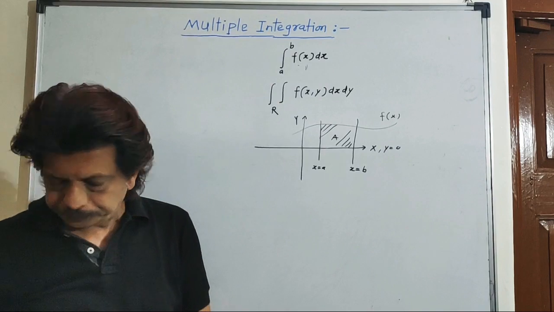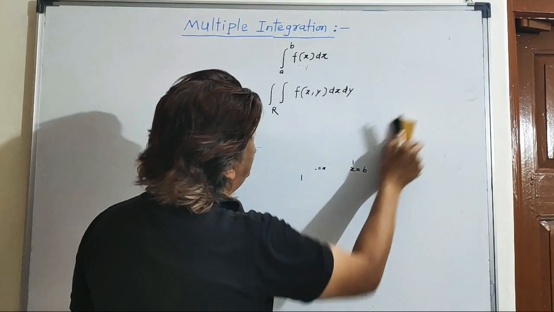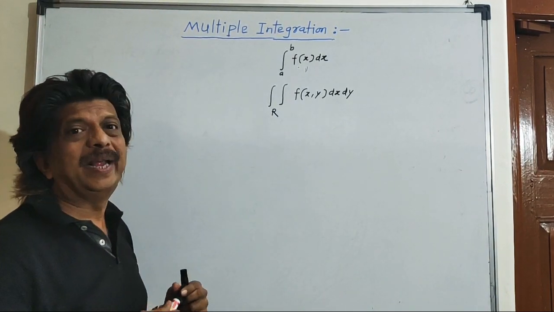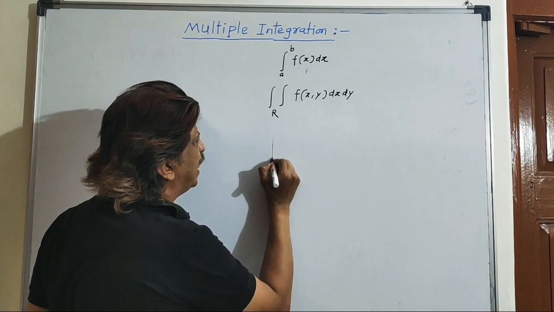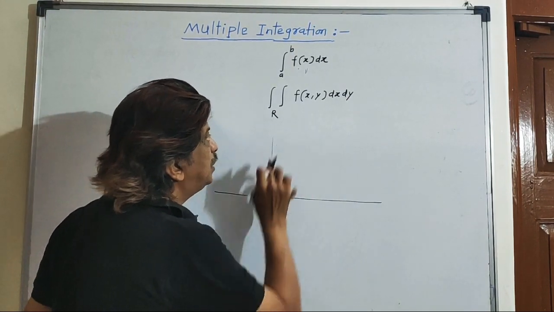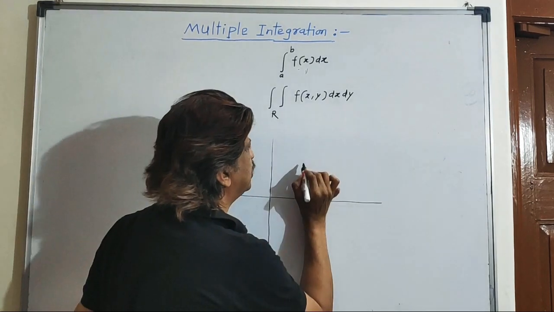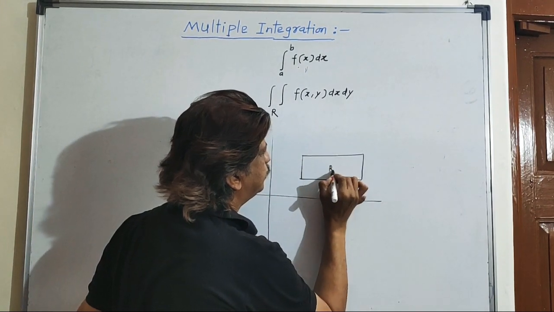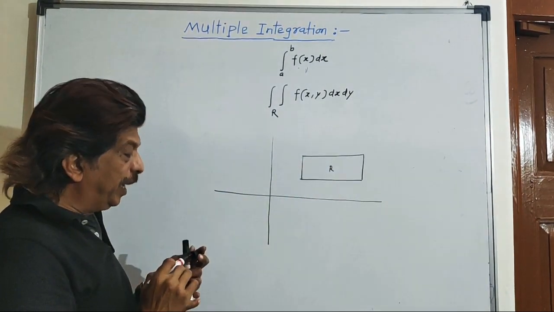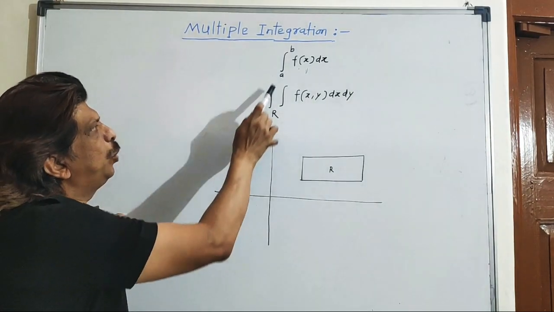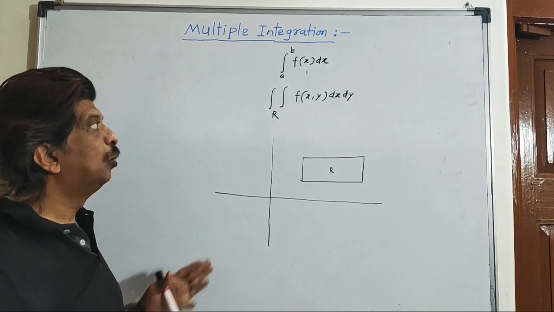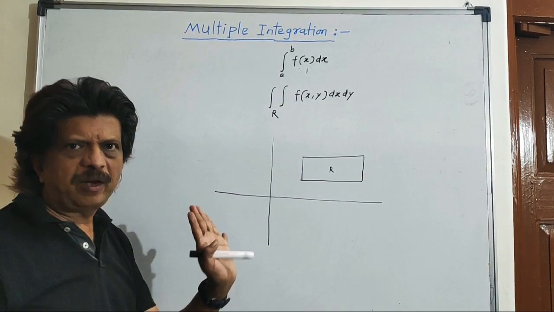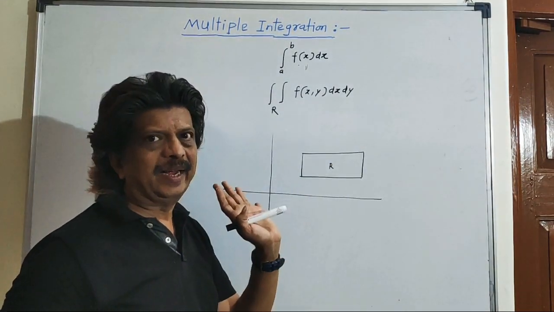Now, what does this double integral mean? We shall understand this. So, this double integral is over R. What is R? Capital R is nothing but some plane region. For sake of understanding, let us consider this R as a rectangular region, suppose. This is a rectangle, say capital R. In a single integral, it was just an interval from x equal to a to x equal to b. Now, while dealing with this double integral, it has been converted into a plane area. We are considering here, for sake of convenience, a rectangle.